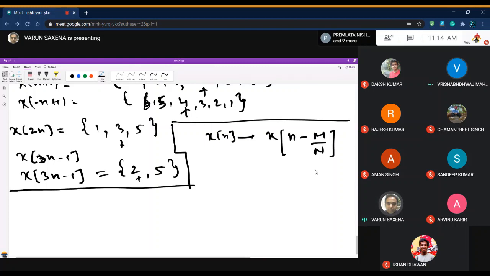Take maybe 2 minutes or something. Think about it. No, don't believe in anything except what I've told you. No, there is no condition required. Otherwise, I would have provided it. There are just two integers, M and N. You have to play around with them and get this signal. There are no conditions required. There are no common factors or anything. M and N could be two numbers that may have a common factor. I'm not interested. It's just M and N. Just do some manipulation and see how you can get it.